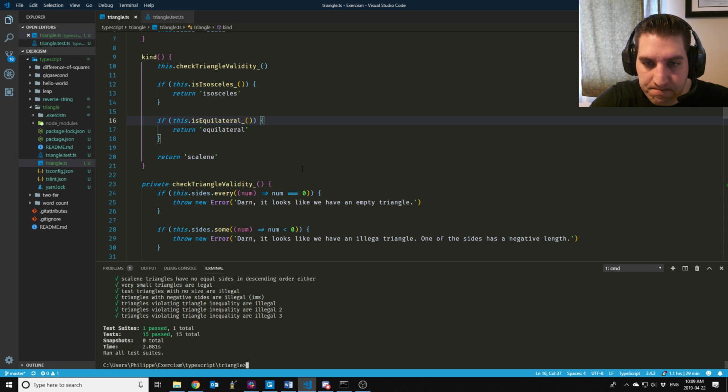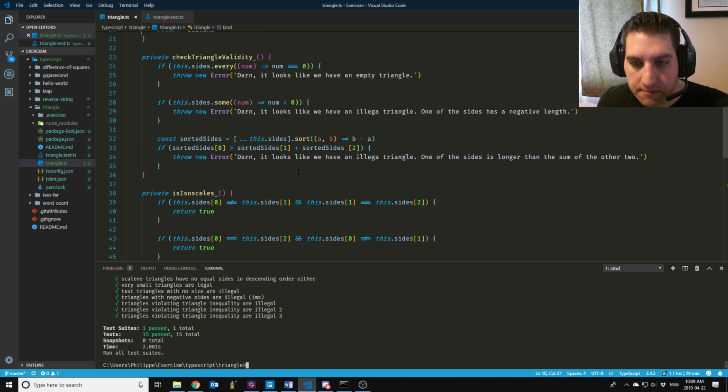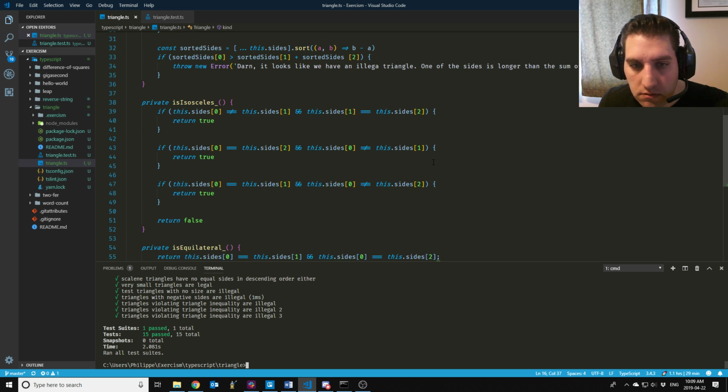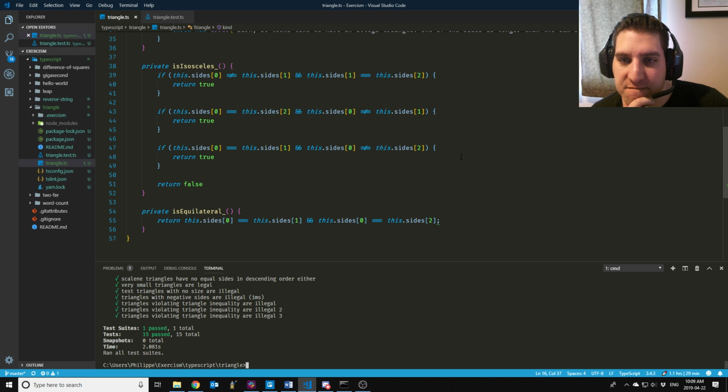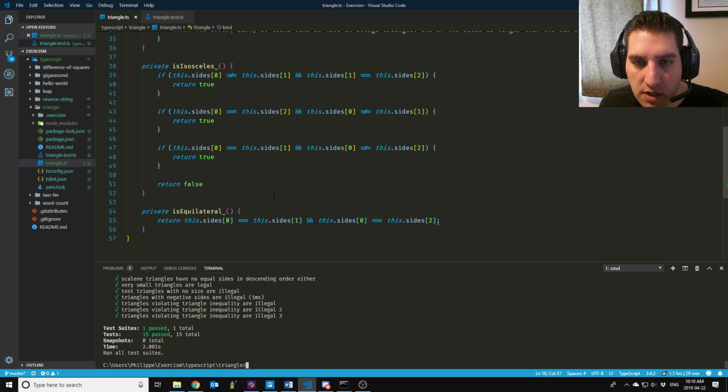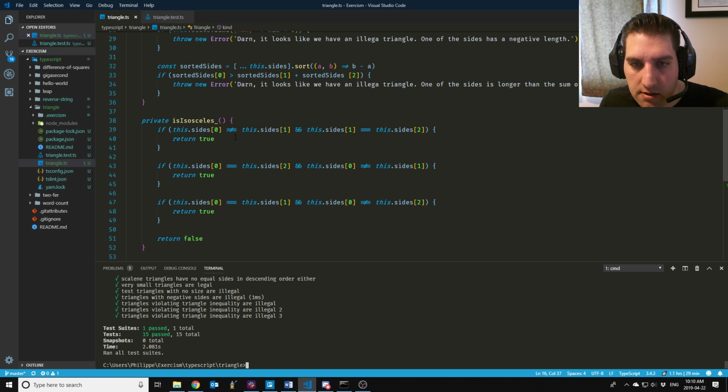Well, I think that's what we're going to go with. I'm not particularly interested in spending much more time on this one. It's not that complicated to see. Isosceles,